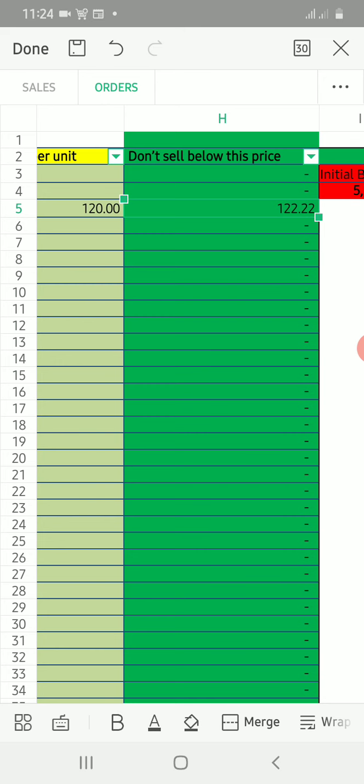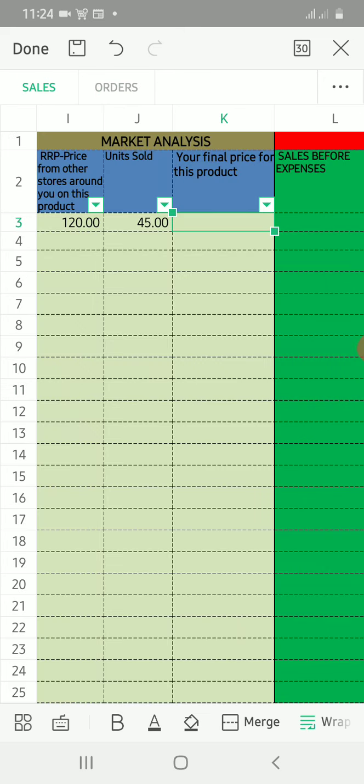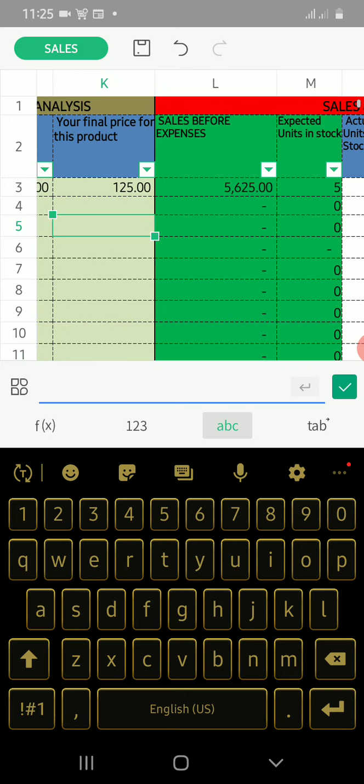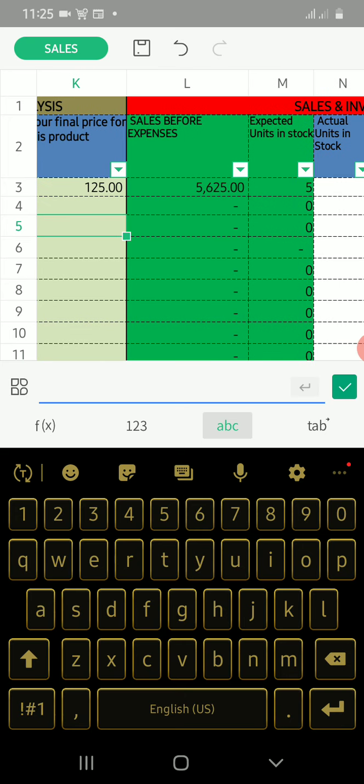That way now you decide, come back and put 125. All right, yeah, because at the end of the day you must gain from the sale. Okay, so this tool has already calculated for you